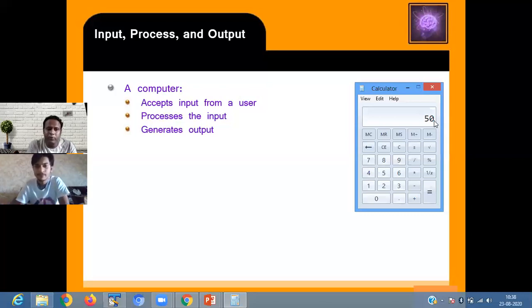Here the input that I have taken is called the mango. Then the processing happens through the grinder. Grinding, then it is generating the output. Output is juice. So in daily life also, everything is working in this IPO cycle, the input, process and output cycle.